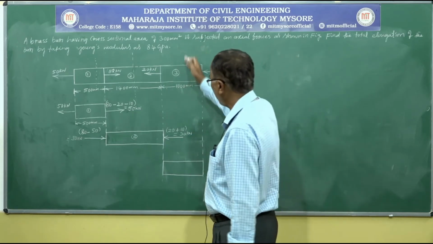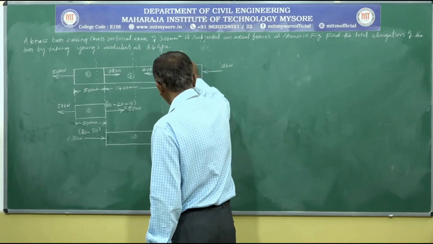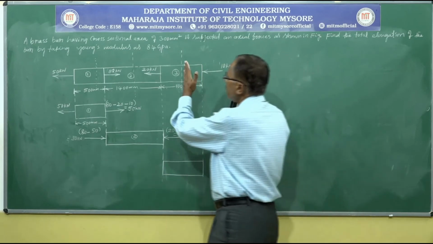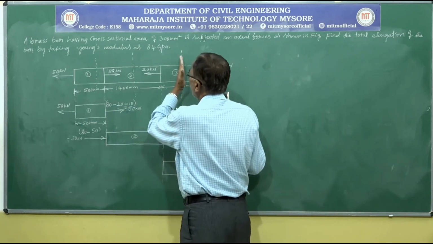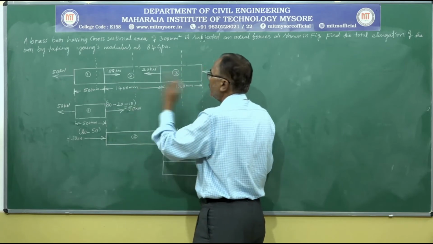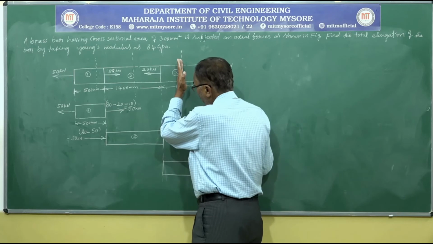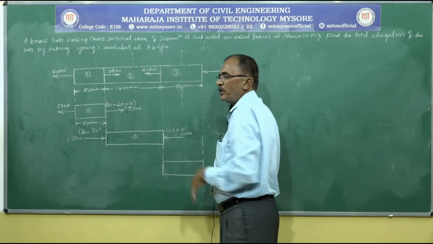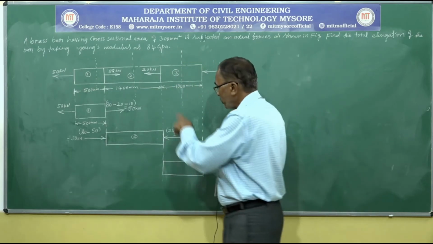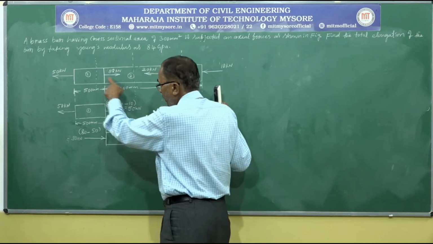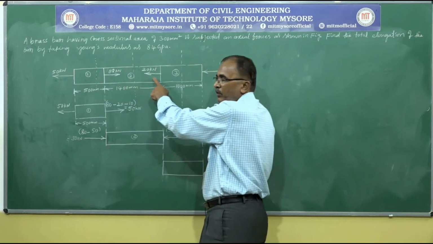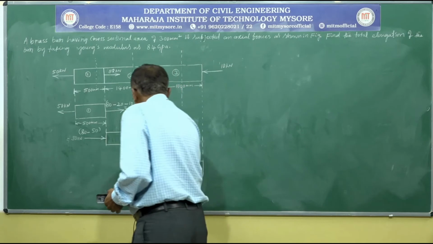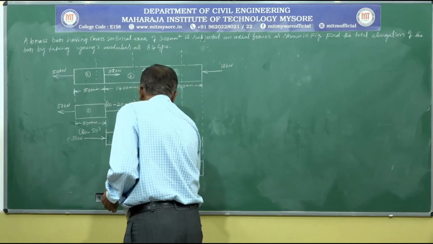To check again the equilibrium of this third portion, take a section here. Compare the forces. Consider forces acting to the left of this section and to the right, along with their direction. If you consider forces to the left of this section, there are three forces here. Consider one direction as positive, automatically the other direction will be negative. So by observation we can take 80 kilonewton first, then 50 kilonewton and 20 kilonewton. Treat the rightward as positive, automatically leftward will be negative. So draw a line here without the direction.